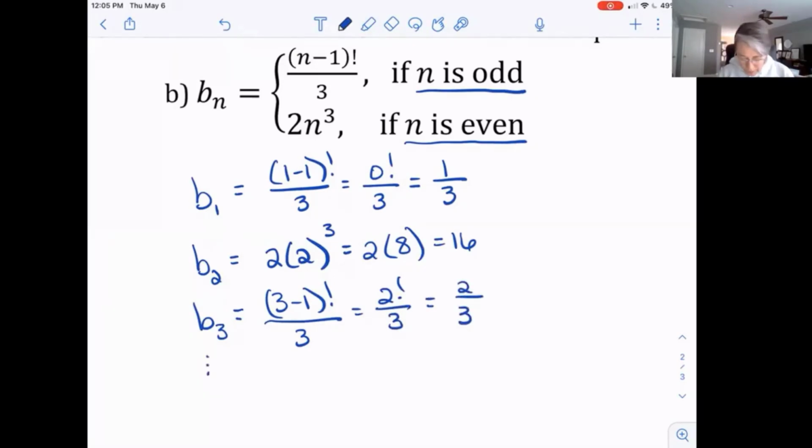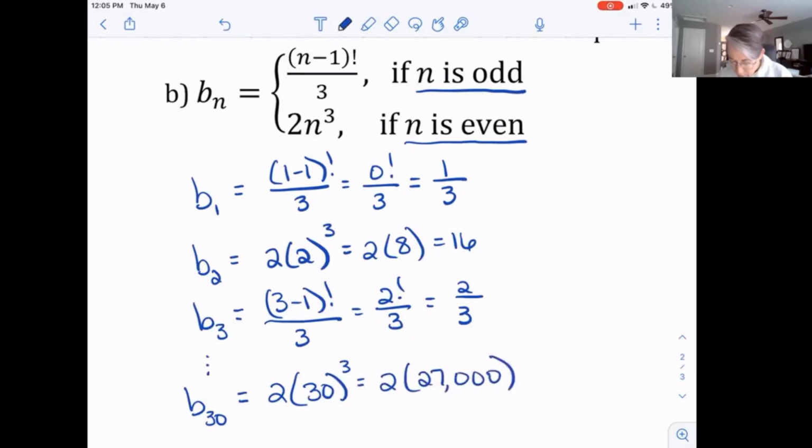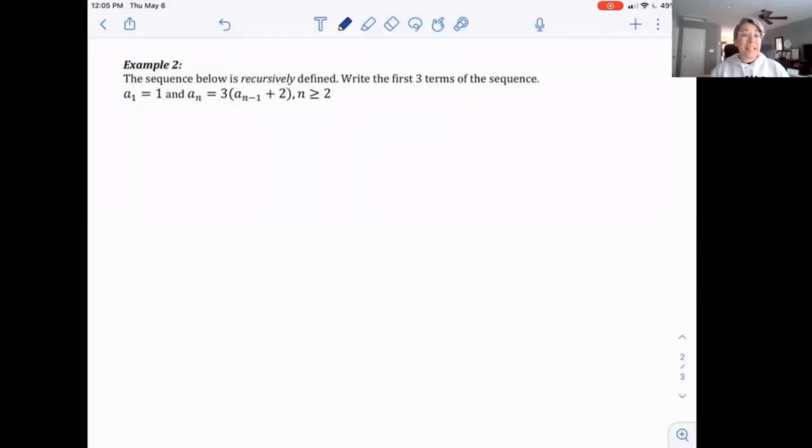We can also jump down to the 30th term. And again, 30 is even, so we use the bottom. 2 times 30 cubed. So that's going to give us 2 times 27,000, which equals 54,000. Our last example gives us a recursively defined formula, which again means that we have to know